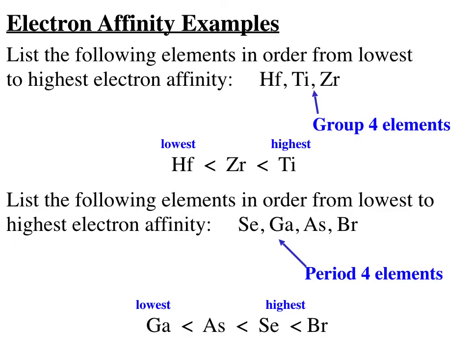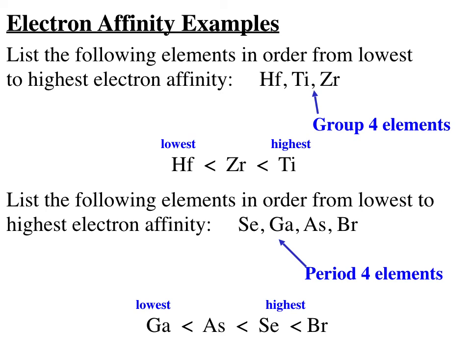So let's look at a couple of examples of this property. List the following elements in order from lowest to highest electron affinity. And I give you the elements hafnium, titanium, and zirconium. They are in the same group. They happen to be D block elements. They are all in group 4 of D block. I'm sorry, I don't have the periodic table sitting right here in front of you, but they're all group 4